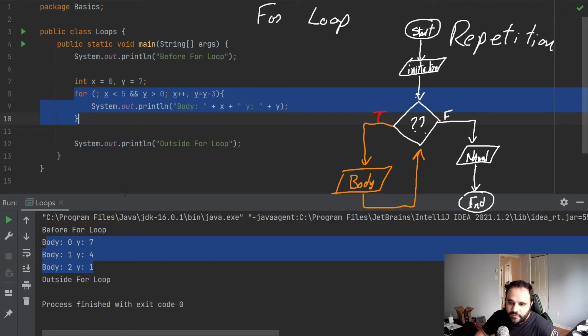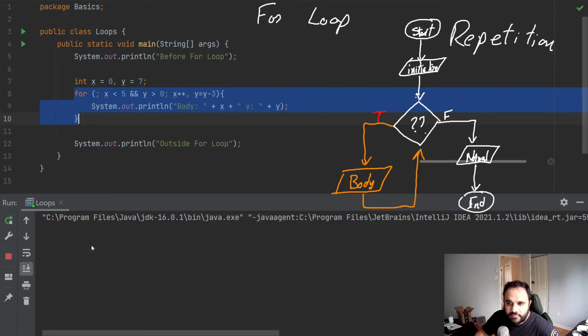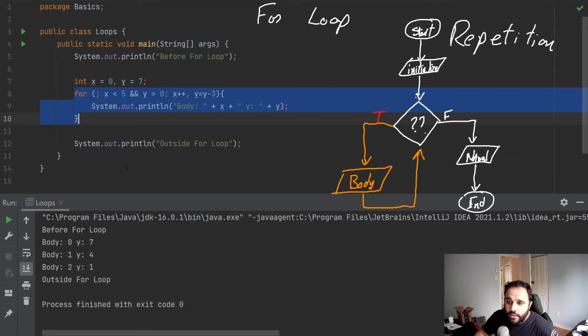If we run it, we should still see the same thing. We could also put the condition inside, but it's something we haven't learned yet. So for now, we're going to avoid it. And for the increments, the same way we could have it here, we could also have it at the end